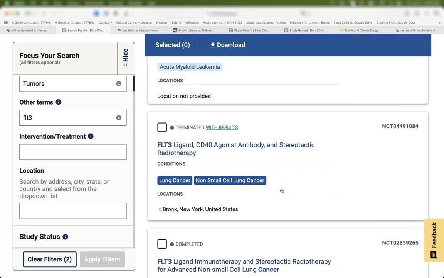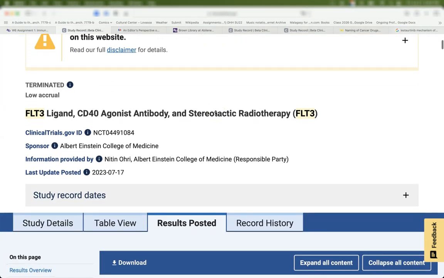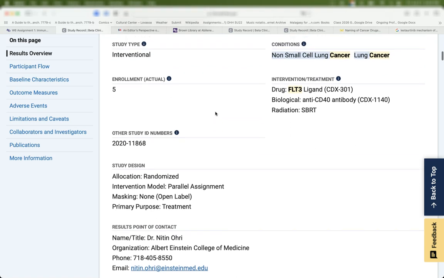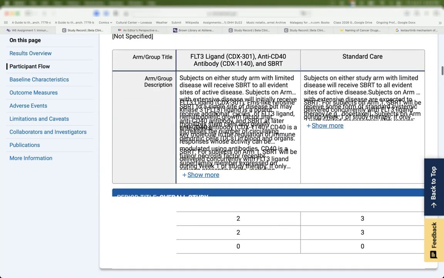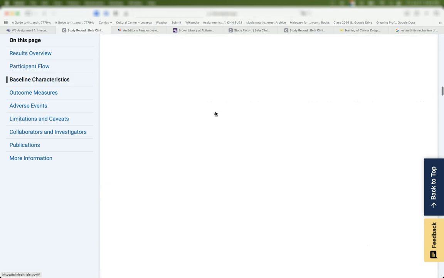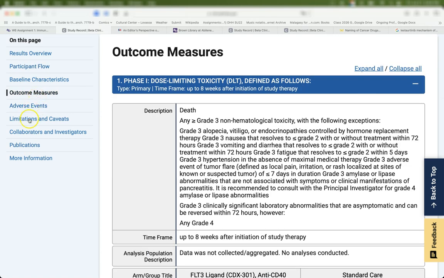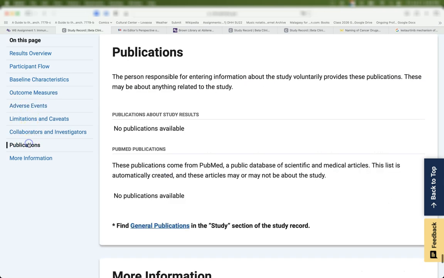And in fact, going back to this, terminated with results, we can look at the results now and see where that has been published, and see that they were doing this treatment. You can look at the participant flow or other details here. But overall, if we just skip down to outcome measures, or adverse events, or publications,